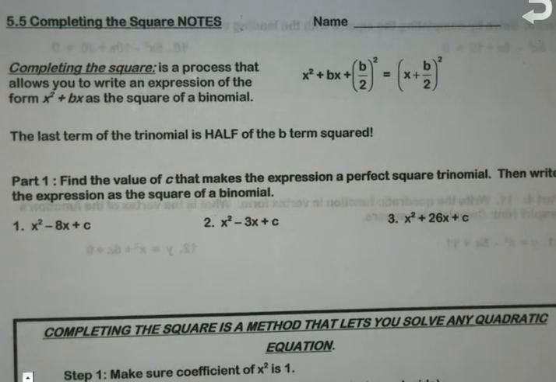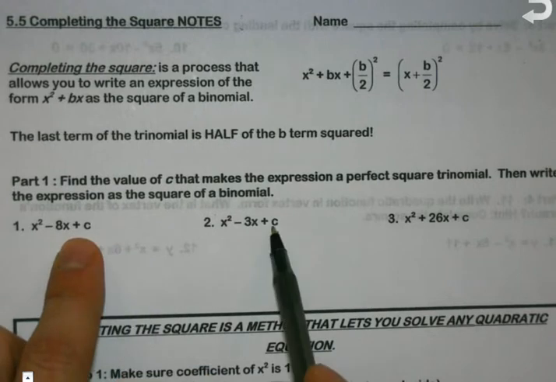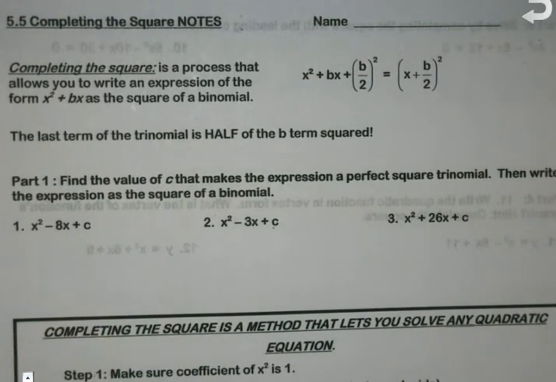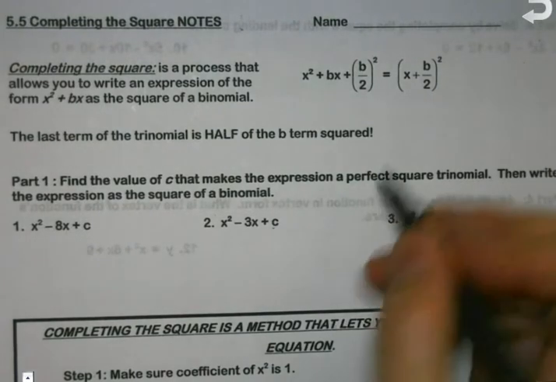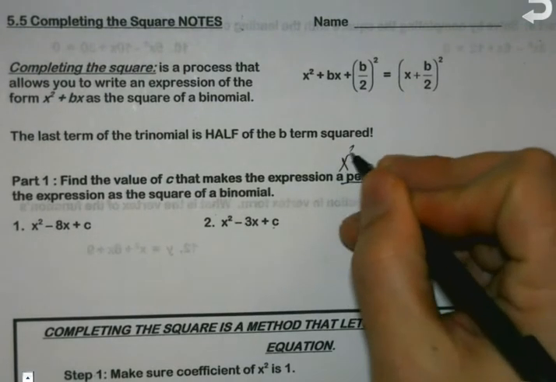So, completing the square. Part 1. Find the value of c, this number on the end, that makes the expression a perfect square trinomial. You're like, okay, what's a perfect square trinomial? You've heard it before, okay. What that basically means is you would have something, let's say